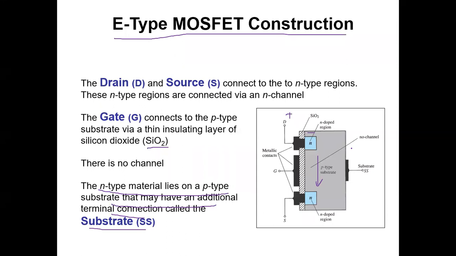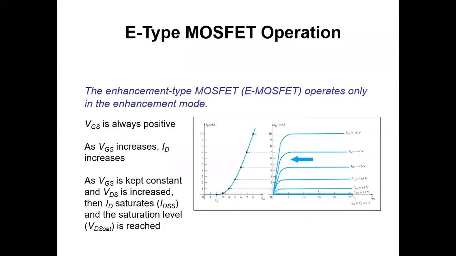So we apply a certain potential on the gate, your channel will be created, and when the channel is created, you apply a certain potential on the drain. So this will create an electric field. Electrons from the source will move towards this drain, and there will be a flow of current in the opposite direction. So this is your enhancement type MOSFET operation and the characteristics corresponding to that.